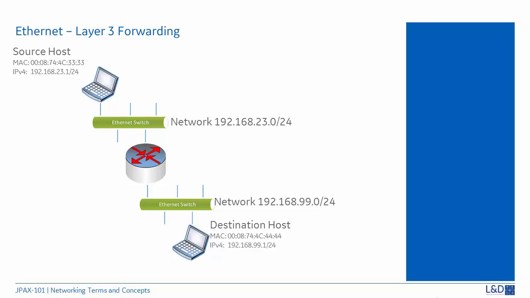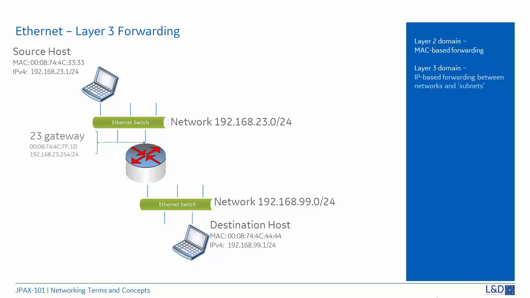If the desired host destination is not found in the local layer 2 domain, but is in a reachable layer 3 network, the router is used to connect the layer 2 domains. As each layer 2 domain forwards packets based on the destination MAC address, the router port connected to the local layer 2 domain is used as the gateway to reach other layer 2 domains. This is done at layer 3 by assigning an IP address to the router port, which is a part of the local layer 3 network, and having all network attached devices told to use this address as the gateway out